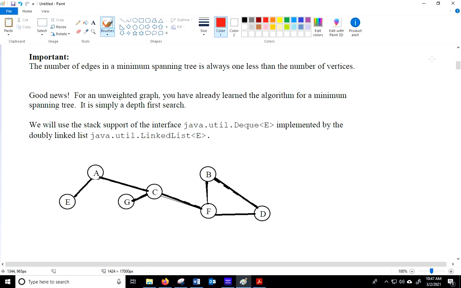If we add weights to those edges, that's going to change it, because then we have to look at whether this edge is longer or shorter than that, and make some more decisions. All right, for this implementation, we will go ahead and use a stack, because a depth first search uses a stack. I will be using the deque interface, and I'll implement it with a linked list, which is a doubly linked list. Okay, so let's go ahead and formulate